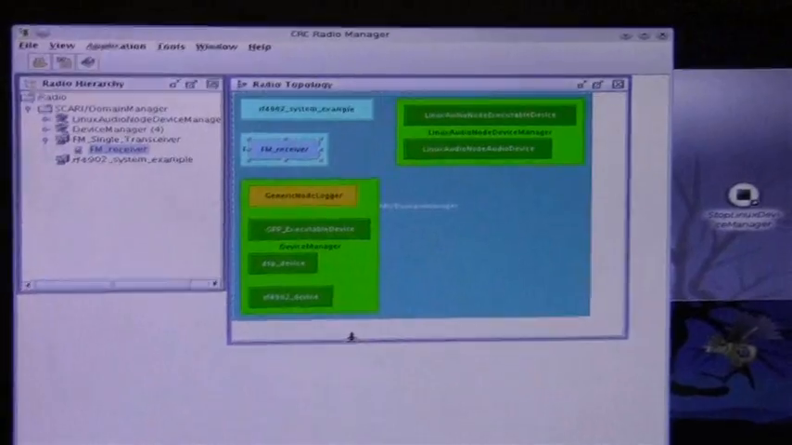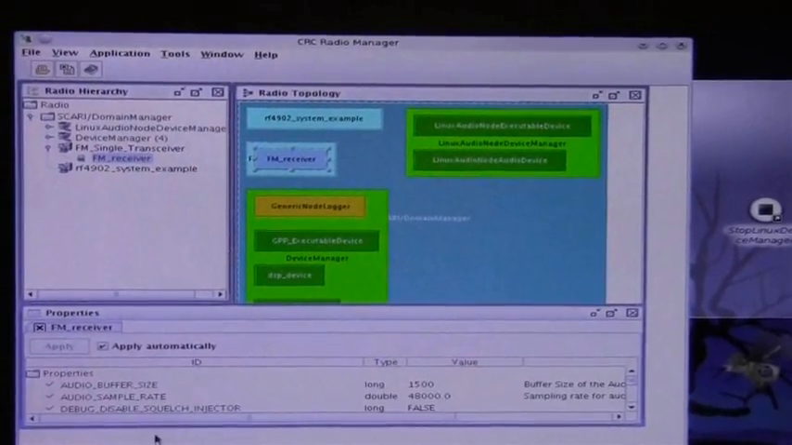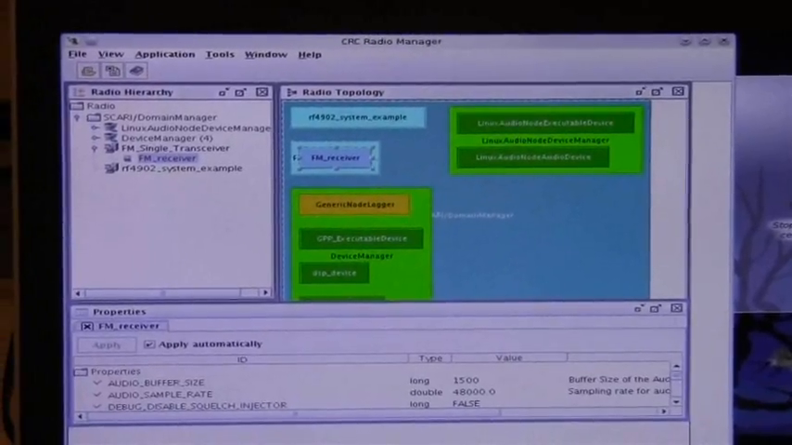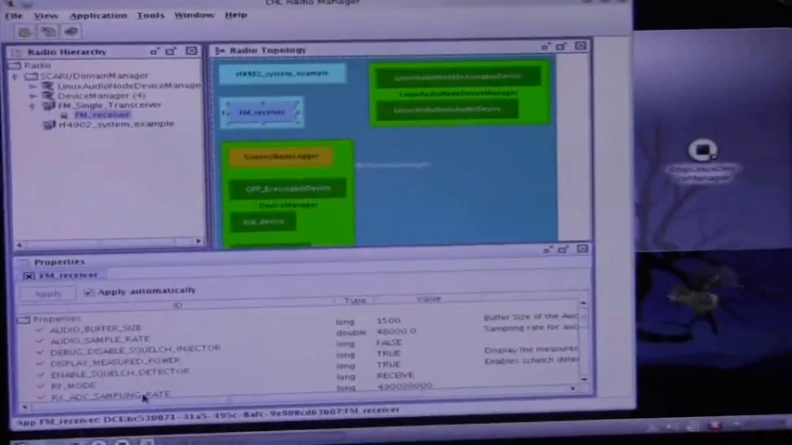And I can also right-click on here to show the properties, and I can do things like set the channel number, the frequency, and various things like that. But we'll just use it as the default. It comes up by default on channel 1. So I've got this little